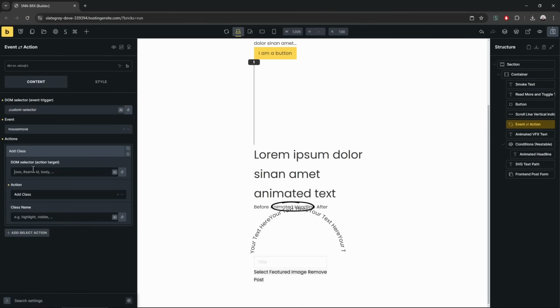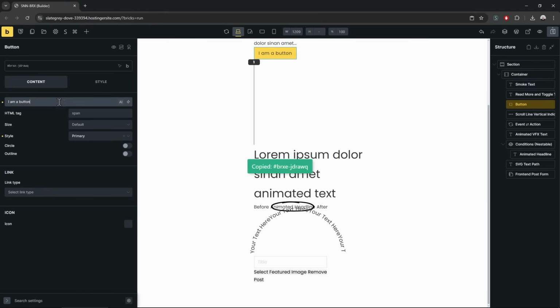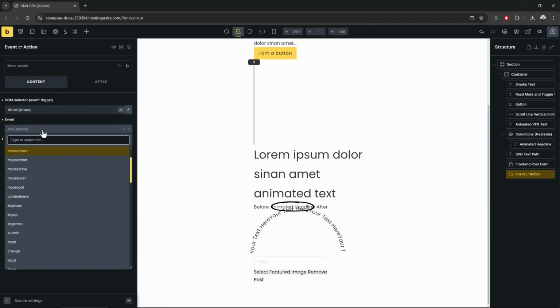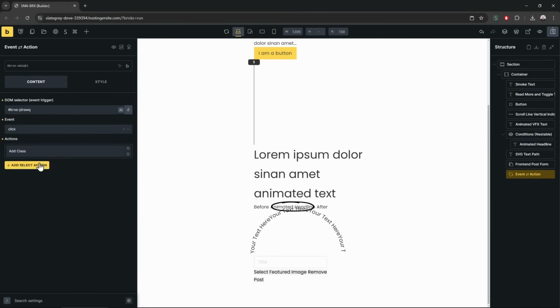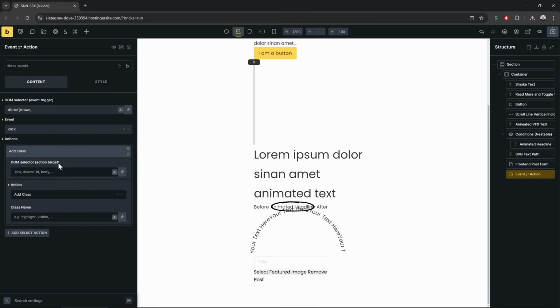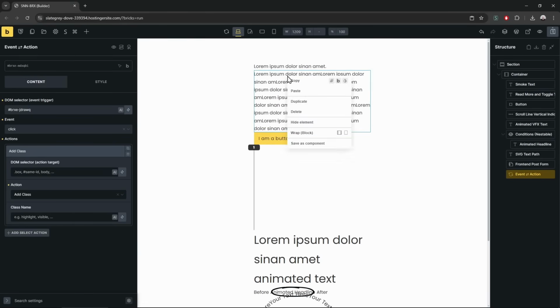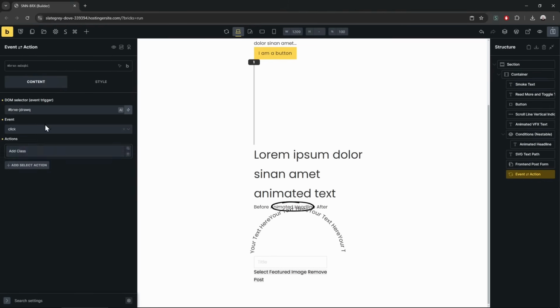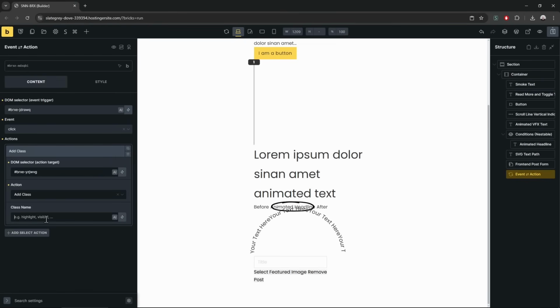Hide element, add class. For example, if the button is clicked, this can be anywhere, by the way. Doesn't matter which location it is. If this button is clicked, let's make it click. It can be double click too. Why not? And add class to this text. Class will be